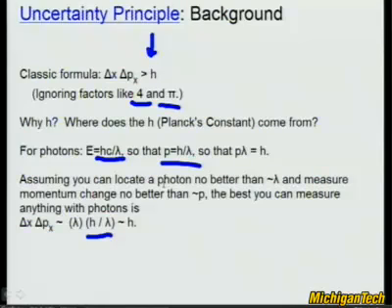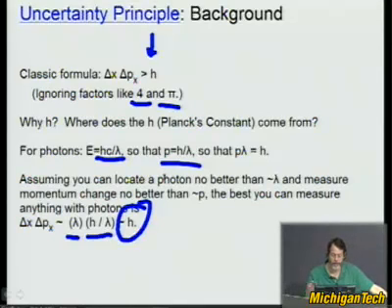Another thing is, how accurately can you know the position of a photon? It's roughly the wavelength of a photon from measurement. So you multiply those two, the lambda goes away, and you're left with Planck's constant. So here the order of magnitude of the uncertainty is considered to be on the order of the momentum of the photon itself.